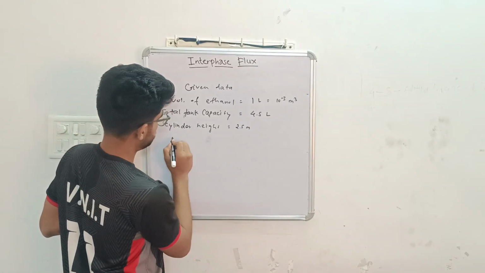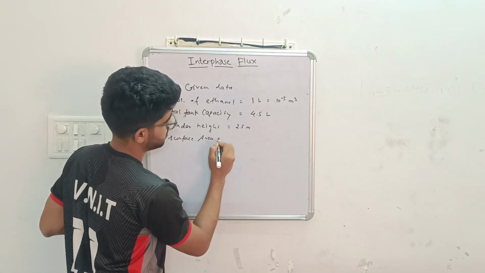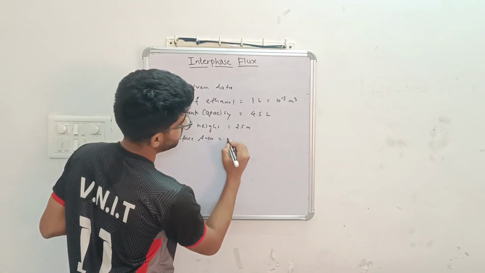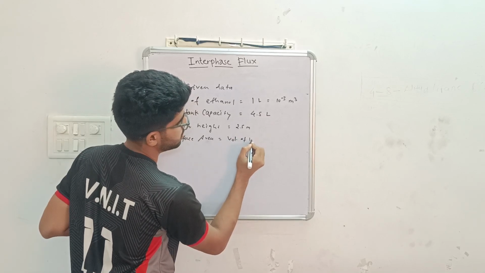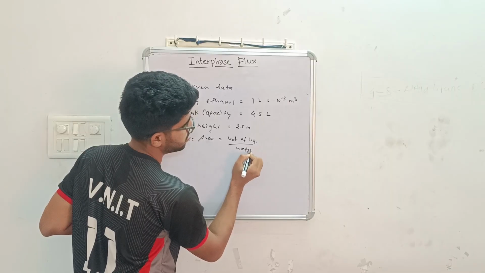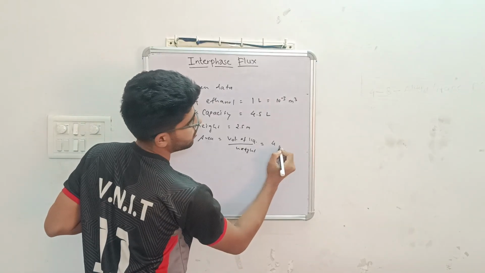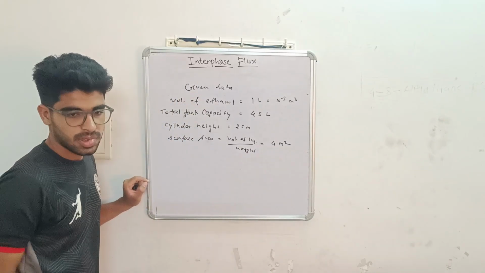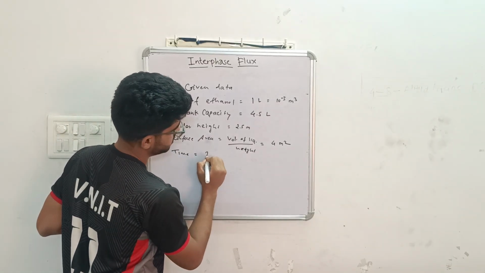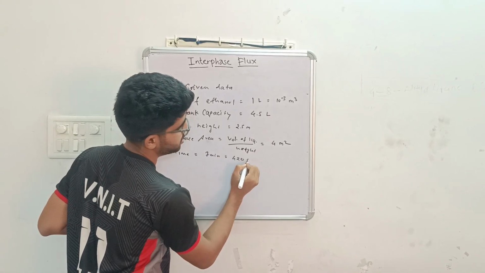Surface area will be our volume of liquid upon height, which is equal to 4 into 10 to the power minus 4 meter square. And our next one is time, which is 7 minutes, in seconds is 420 seconds,